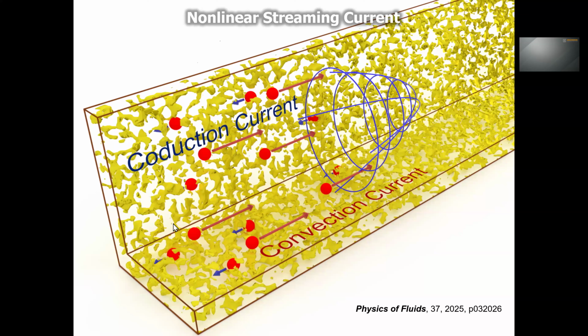This work investigates the nonlinear streaming current, which fundamentally should be linear behavior. As you can see here, this yellow one is a porous medium. When we have a highly charged porous media on top of the microchannel surface, then we have a nonlinear streaming current. To analyze this, we built a